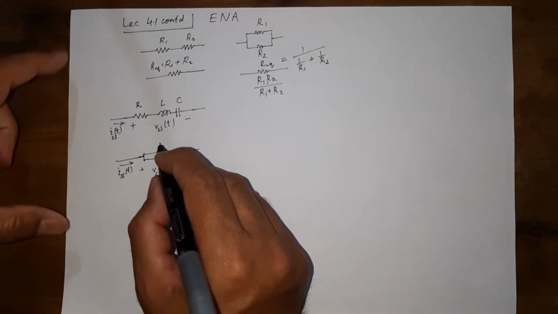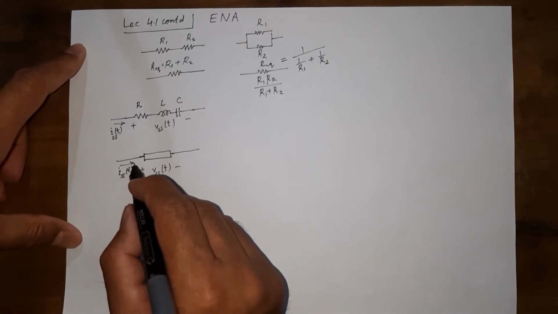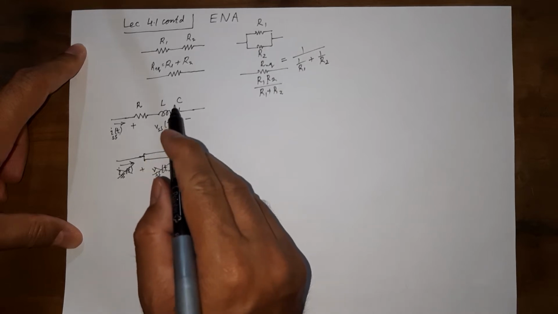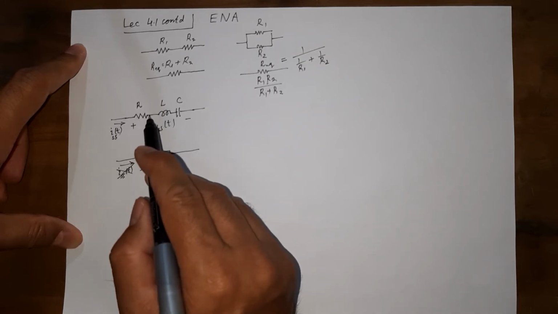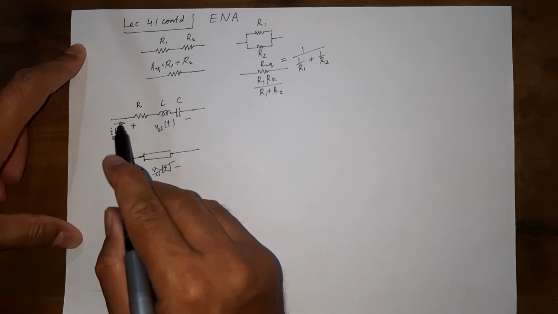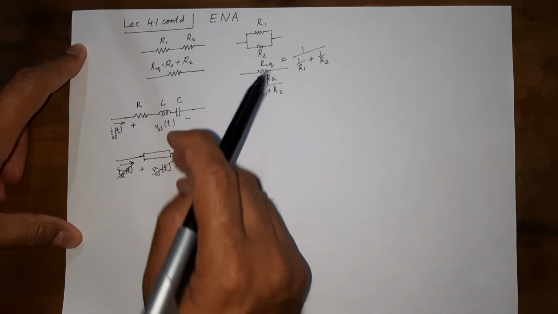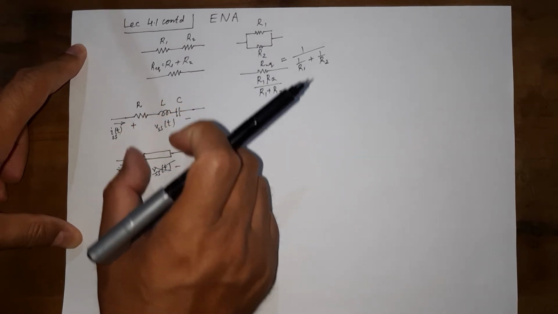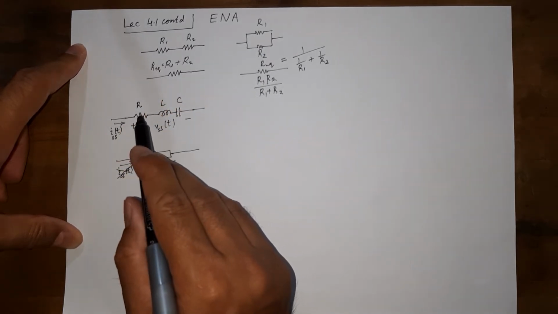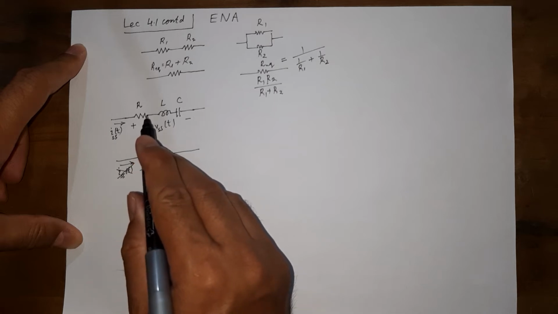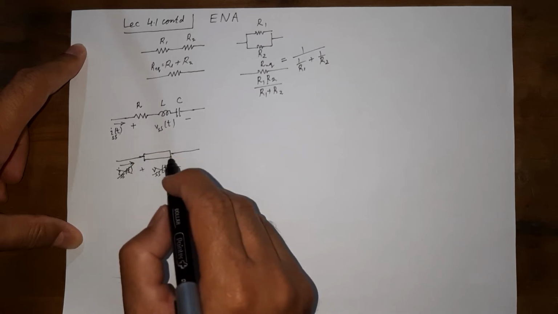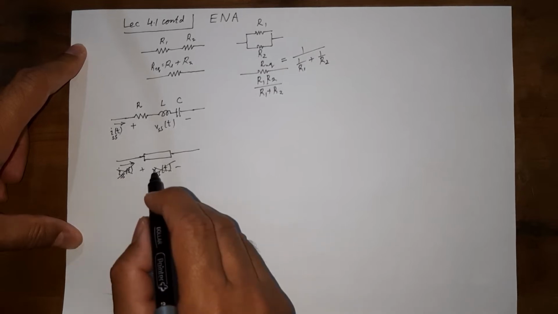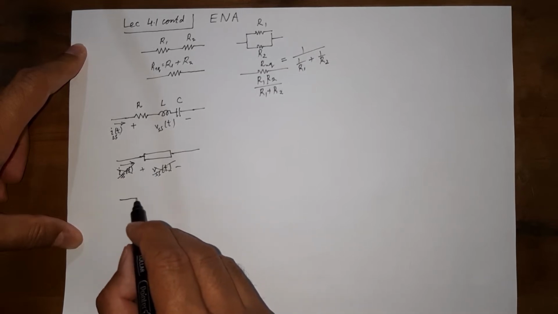So first thing to note is that it is not possible in time domain to do this. In time domain, we cannot add these together. Although they are in series, the same current is flowing through them, and the voltage across this and this and this will be summed together to get this voltage. Everything is correct, but we cannot represent these three elements as a single element. We cannot do this in time domain. However, in frequency domain, it can be done.